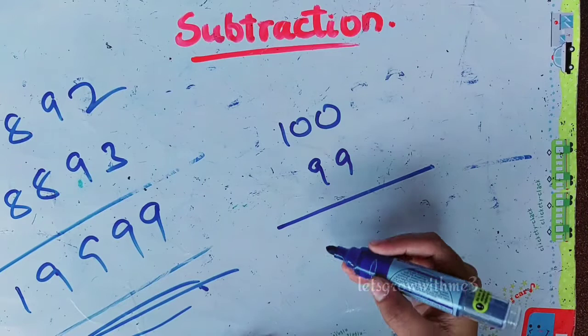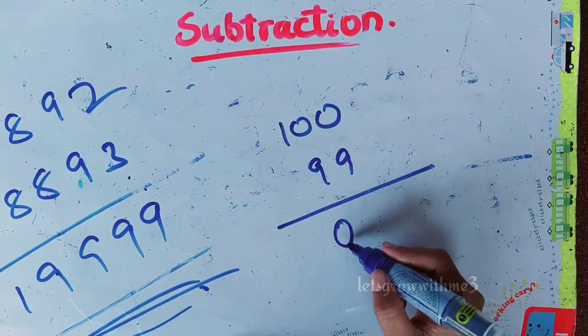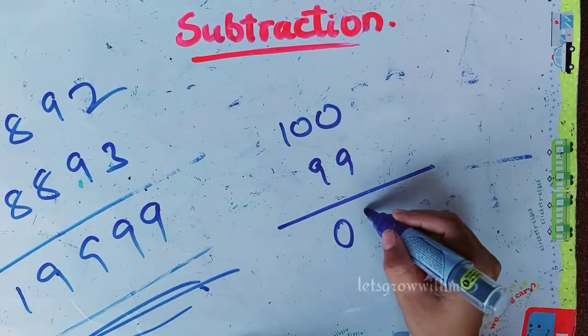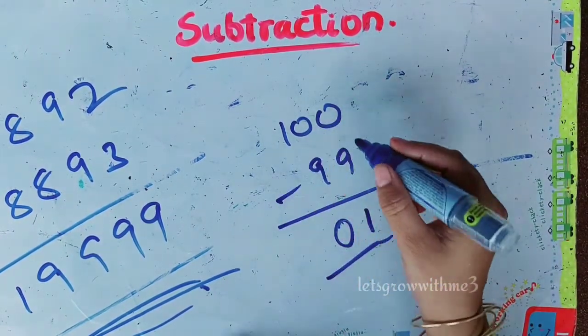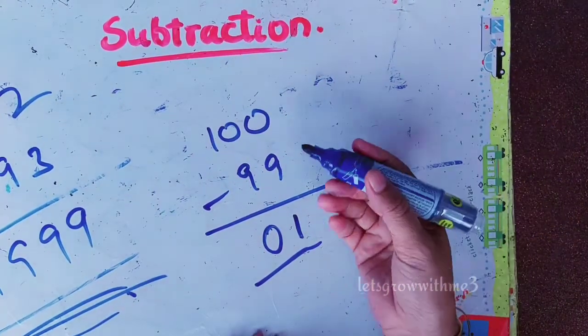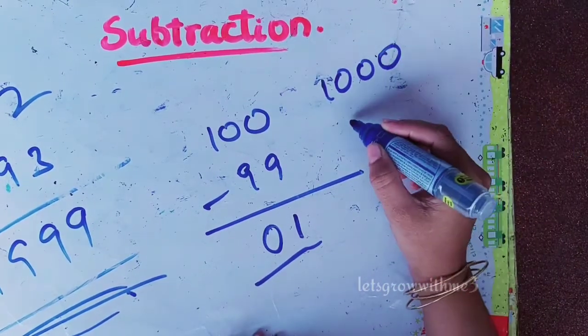Okay, so that we will write in the result. Okay, 0 and all by 9. Okay, last one is by 10, means how much you need to add to get 10. So that is 1. So that's the answer. Okay, as this is a very easy example, you won't understand. Let me take a few more examples so that you will better understand what I am telling.